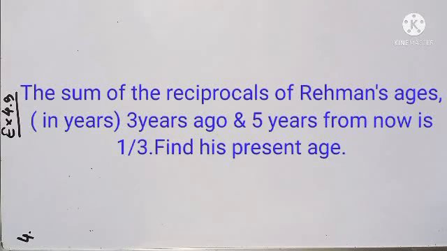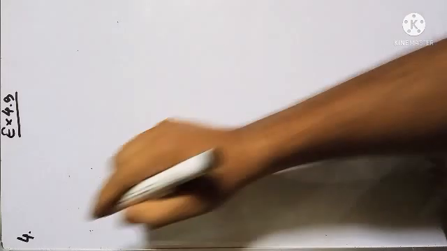We have 4.3, question number 4. The sum of the reciprocals of Rahman's ages in years, 3 years ago and 5 years from now, is 1 by 3. Find his present age. So what does the question say? The sum of the reciprocals of Rahman's ages 3 years ago and 5 years from now is 1 by 3. Find his present age. Okay, so first let me write, let